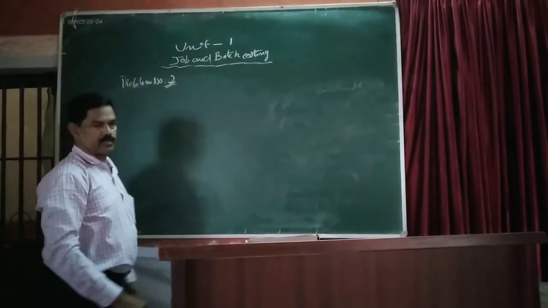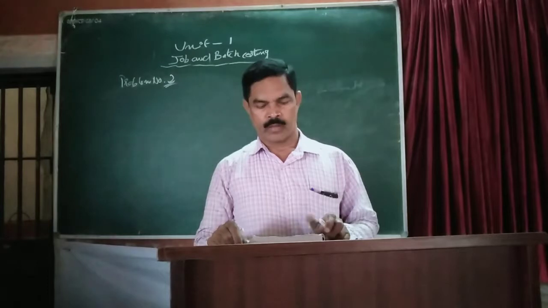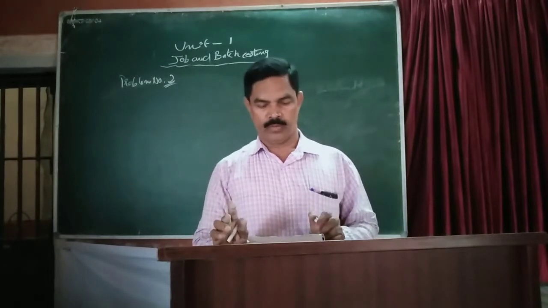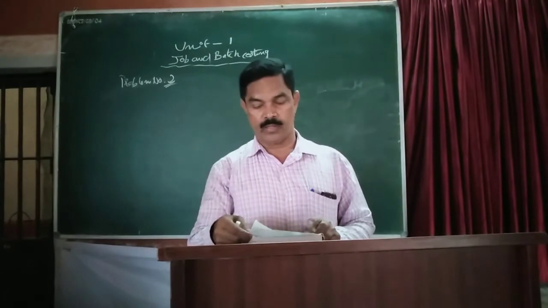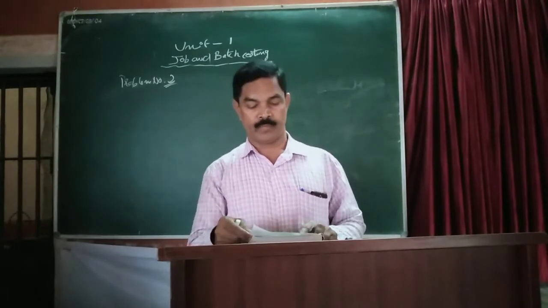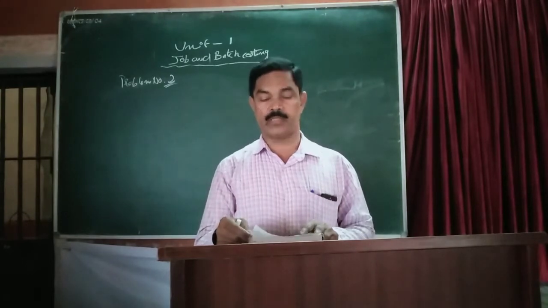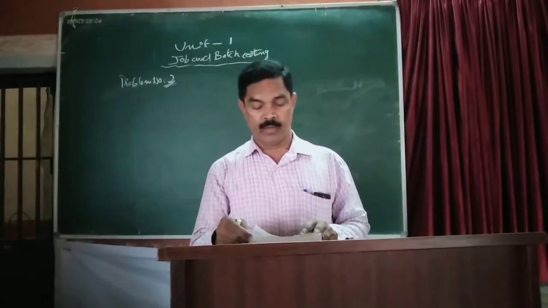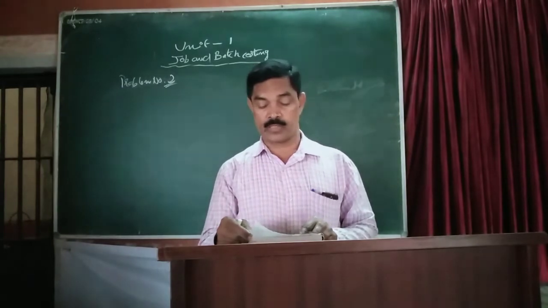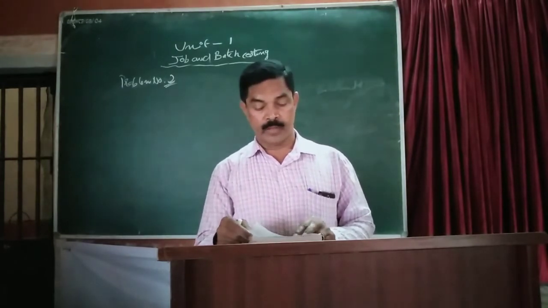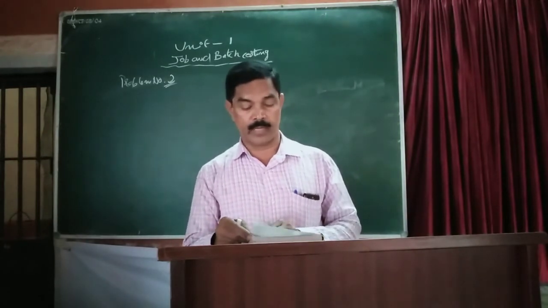Now illustration number 2. See the problem number 2. From the following information, prepare an estimate for job number 150. Direct materials consumed rupees 1000, direct wages paid rupees 2000, factory expenses 60% on wages, office expenses 20% on factory cost. The tender should include a profit of 20% on selling price.